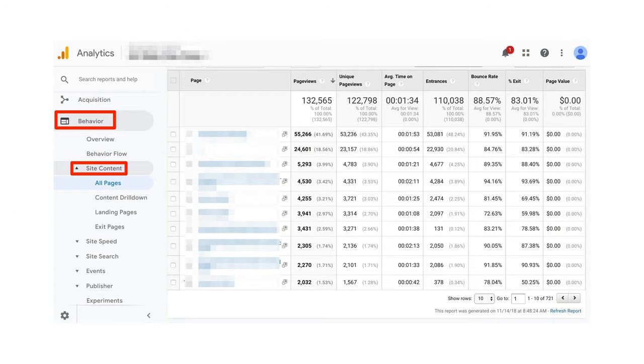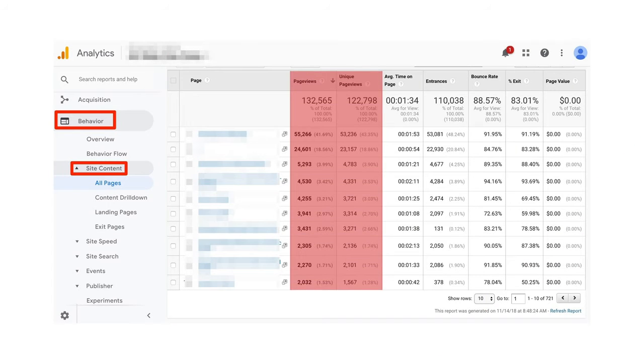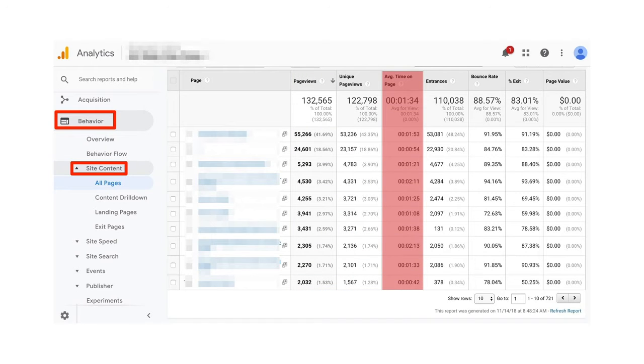The first place we'll start is the Page Views report, where we can learn some valuable insights into what's most important or interesting to your website visitors. Here's the questions you should be asking. Beyond what pages do people go to most, what pages are they spending the most and least time on? This can give you insight into what's most important to them and what questions they have about your brand or